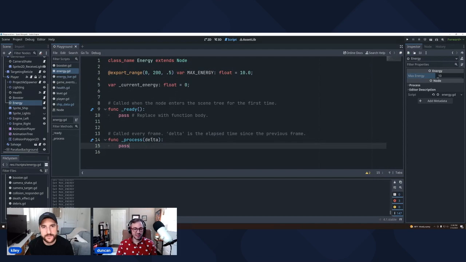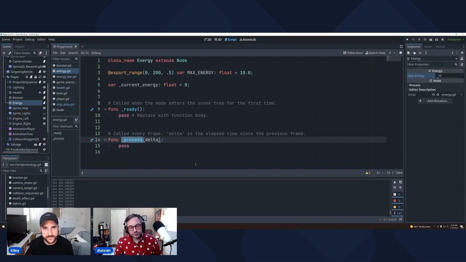So that's a bit of a difference. And this is something that's important because what we'll want to do is every frame, and that's how games kind of work, is every frame is a different image that people see and something has changed. And so this runs every single frame update, right? And the delta here is a variable that's getting passed in, and I think it's actually a float, so we can go ahead and label that. But that's basically the amount of time that has passed since the last frame.